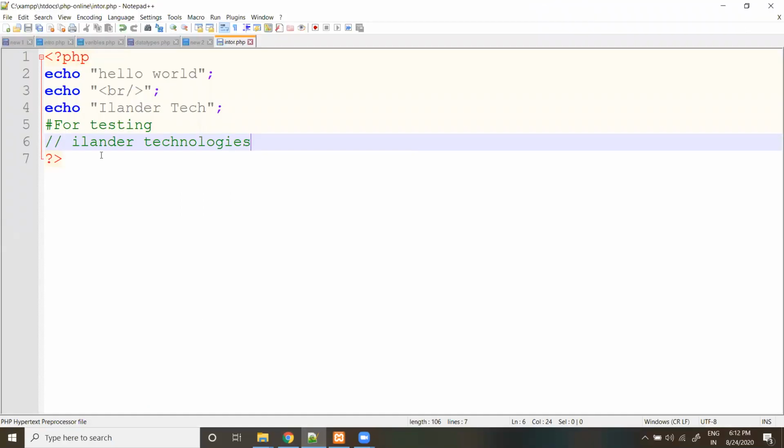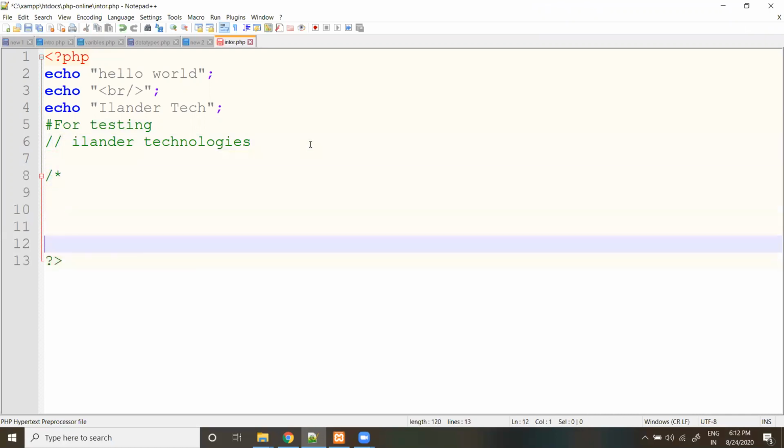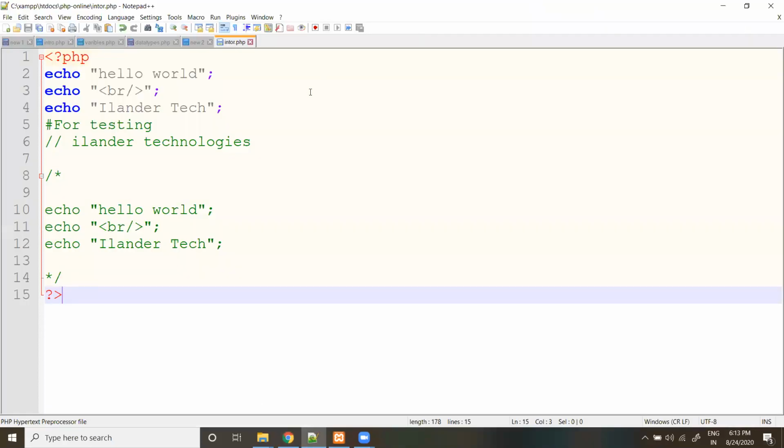See, this is another single line comment. There are two ways of putting a single line comment. One is double slash, another one is hash. If you want to go for multi line, use slash star, then star slash. In between, you need to write the code. I am re-entering this code all just here. Green color indicates that all the code is in the comments. Okay, that's about the comments.